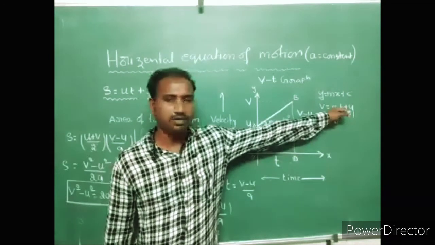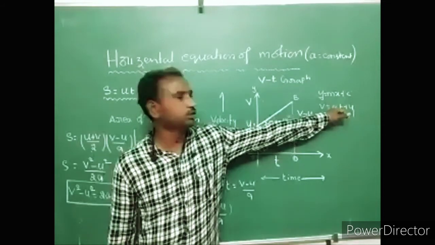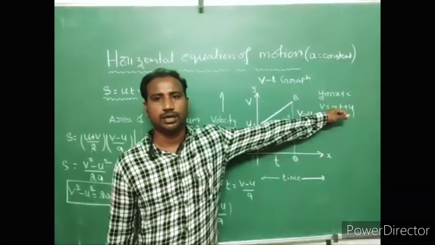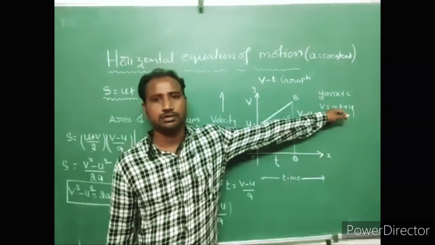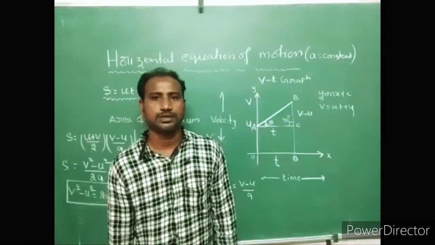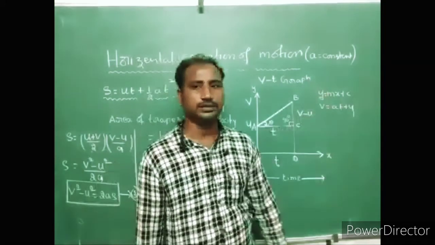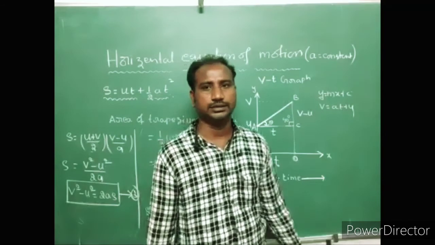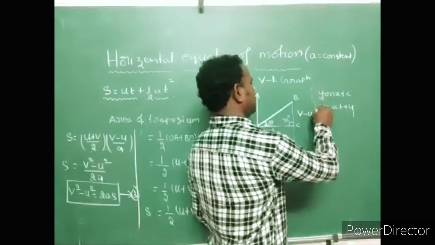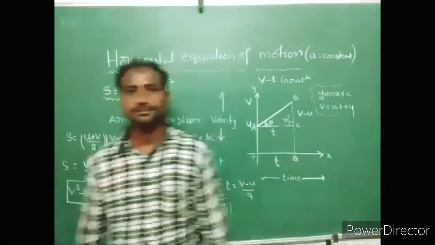That constant acceleration we represent by the angle of slope, tan theta equal to the rate of change of velocity. That is equal to constant acceleration. So slope equal to a. Both are the same. Okay, understood? The y value is velocity. Do you have any doubt? Use that mathematical formula sometimes for explaining these conditions.